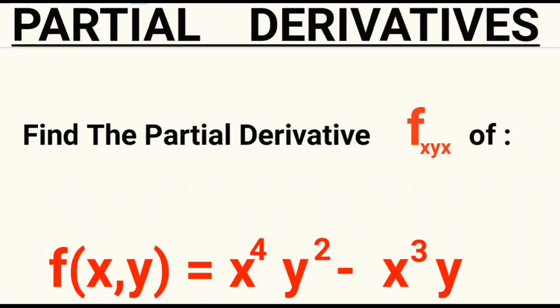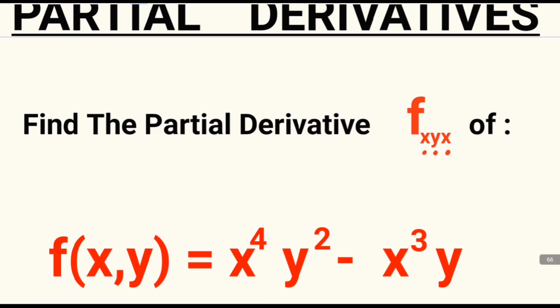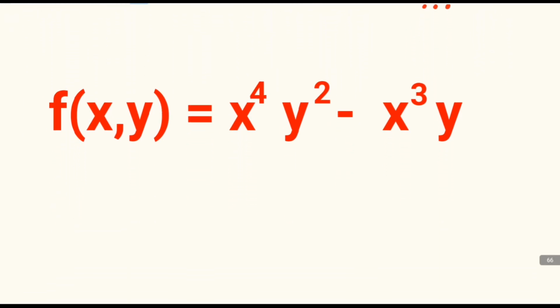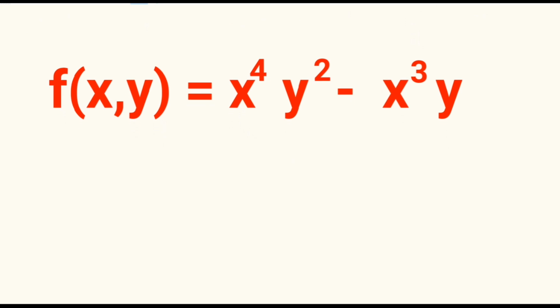In this video, we determine the partial derivative of f with respect to x, and then with respect to y, and then again with respect to x. Our f was given as x raised to the power 4 multiplied by y squared minus x cubed multiplied by y. So we first determine the partial derivative of f with respect to x, and this will be equal to,